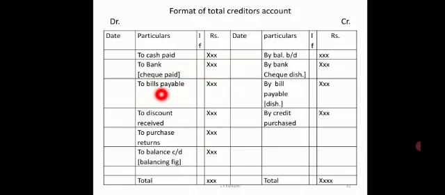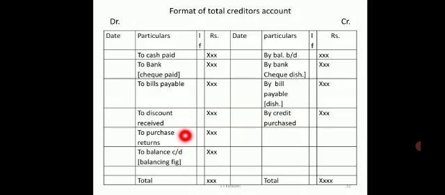Next is bills payable. These are the bills which we have accepted and returned back to our creditors. So any new bills issued by the creditors which are accepted will be treated as bills payable. Now discount received. Discount received is the amount of income that has been earned. It is a gain. So we are not going to pay it to our creditors. So it is reducing my creditors.